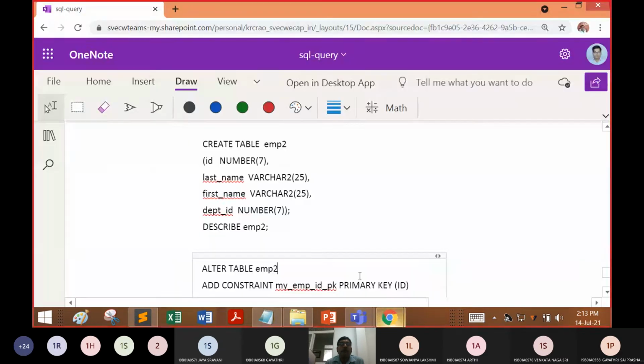Fine. So you can see the screen. Now what will these two commands do? Create table EMP2, etc., followed by alter table EMP2, etc. So understand the queries and tell me what they are going to do.